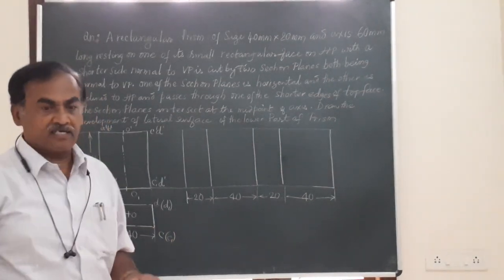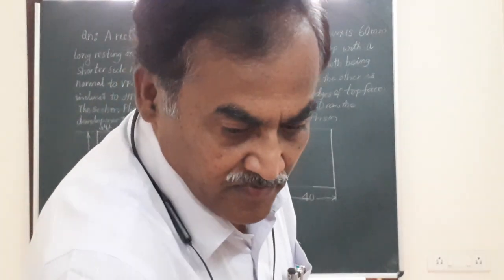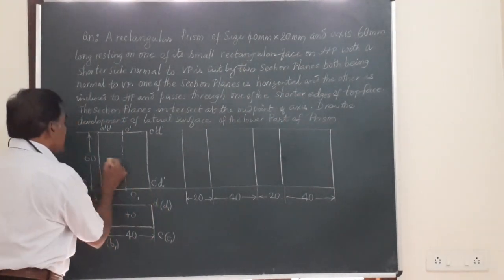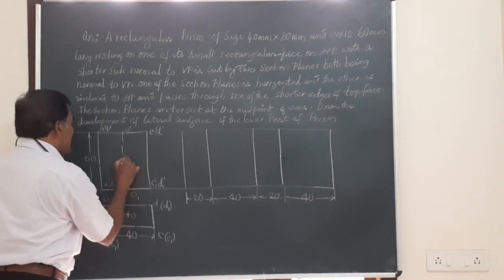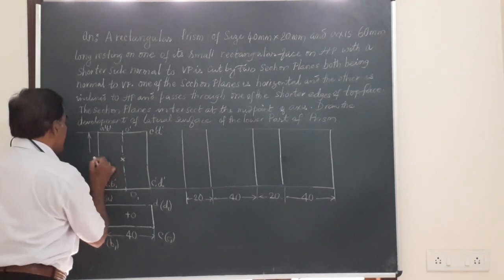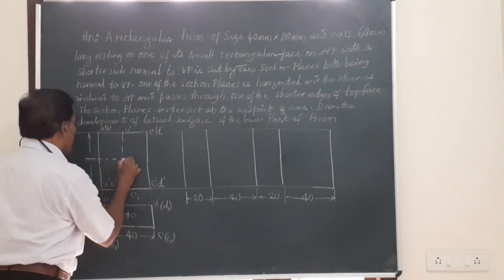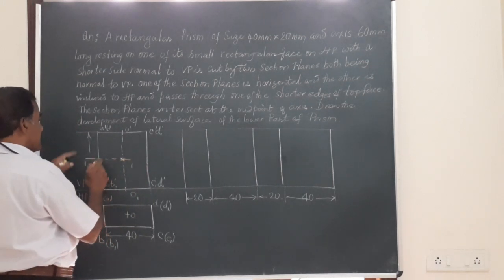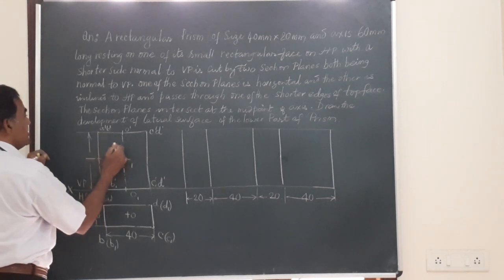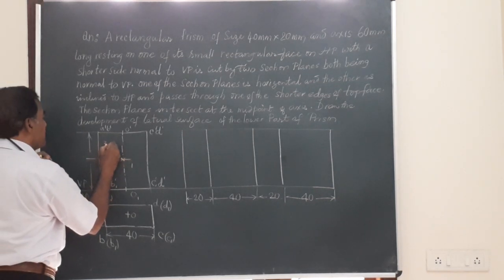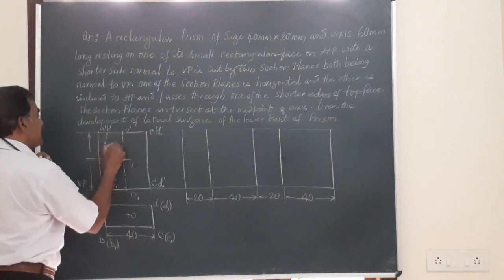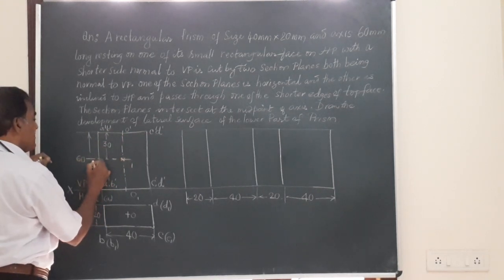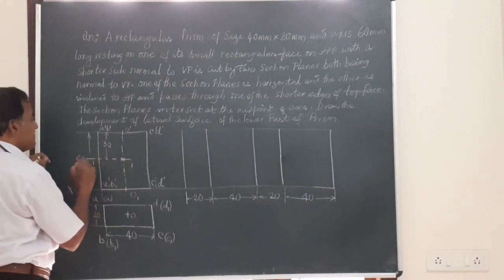So let me mark the horizontal section plane. The horizontal section plane will come up to here. I will just mark it as section plane 1, 1. So this is 1, 1, and this height is equal to 30. You should remember, this height is 30 because it is bisecting the axis of 60. I will call this section plane 1, 1.